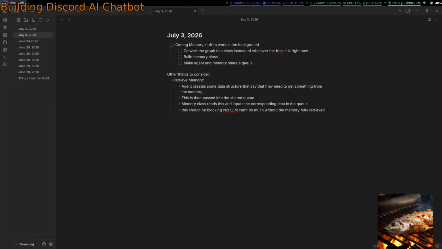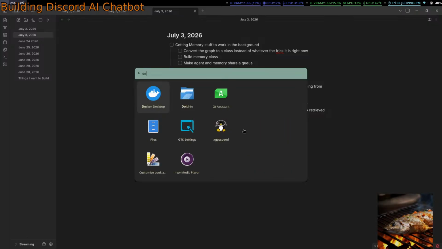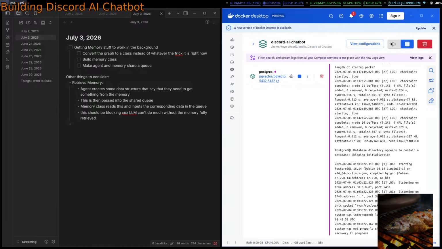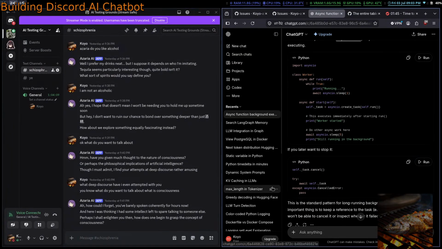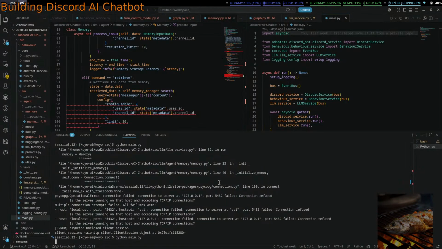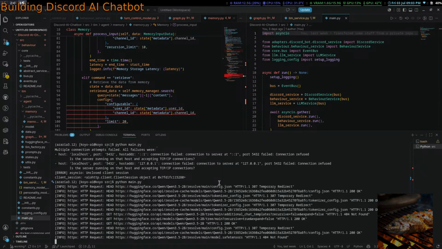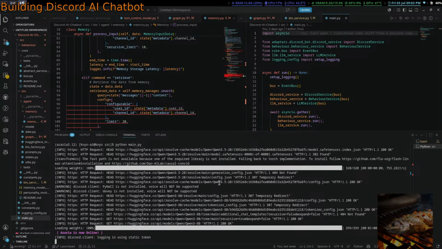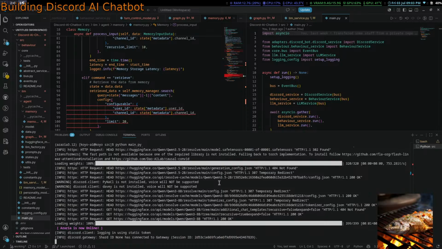Let me open Docker here. And then just run. Start. Please work. Don't break on me. It works.